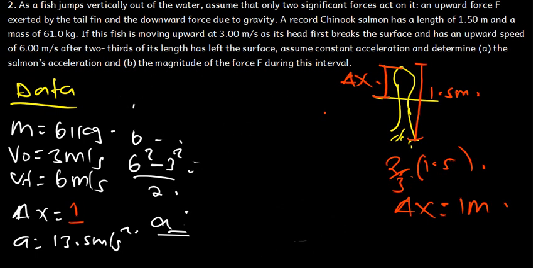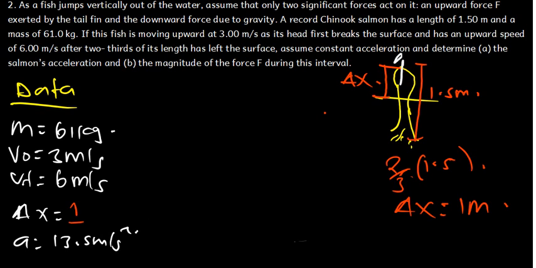What it means is that since they are saying the only forces acting on this fish are the upward force, which is the force we are trying to find, and the weight due to gravity, the downward force, which is going to be the weight of this fish. So we can say that according to Newton's second law, the summation of all the forces, or we can say the F net, we are going to have